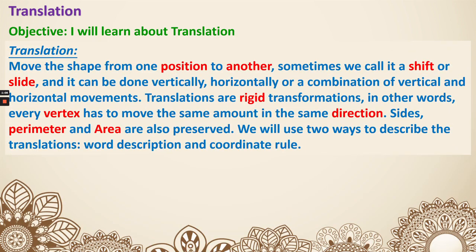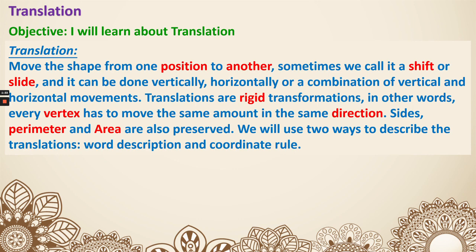Now let's talk about translation. Translation means we move the shape from one position to another. Sometimes we also call it a shift or slide. And it can be done vertically, horizontally, or a combination of vertical and horizontal movements. And since we're just moving things around, it's just changing the position, it is going to be a rigid transformation